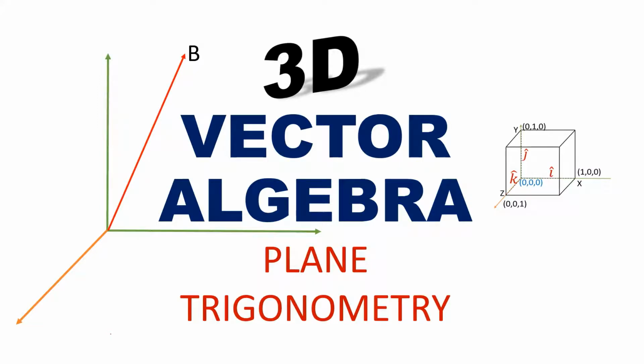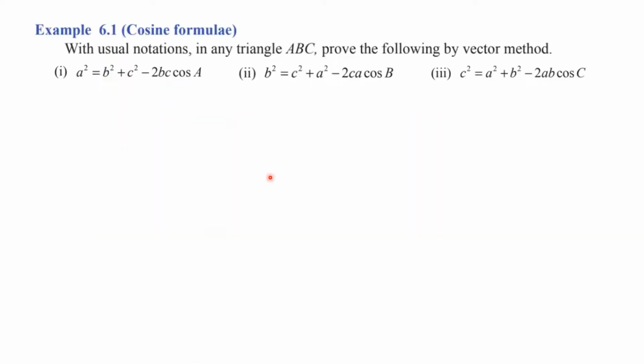In this video, we will try and prove some of the trigonometric properties using vector algebra. The first proof that we would look into is the cosine formulae. So it says that a squared is equal to b squared plus c squared minus 2bc cos a for a